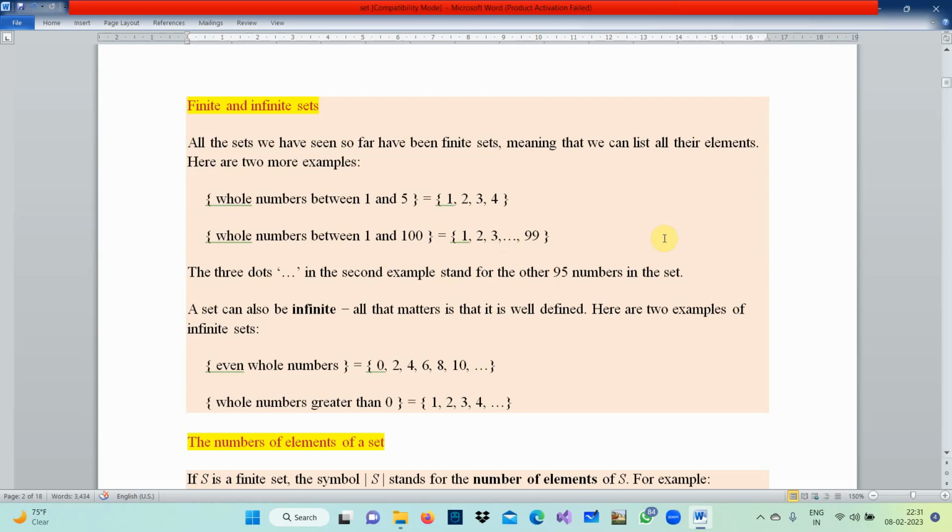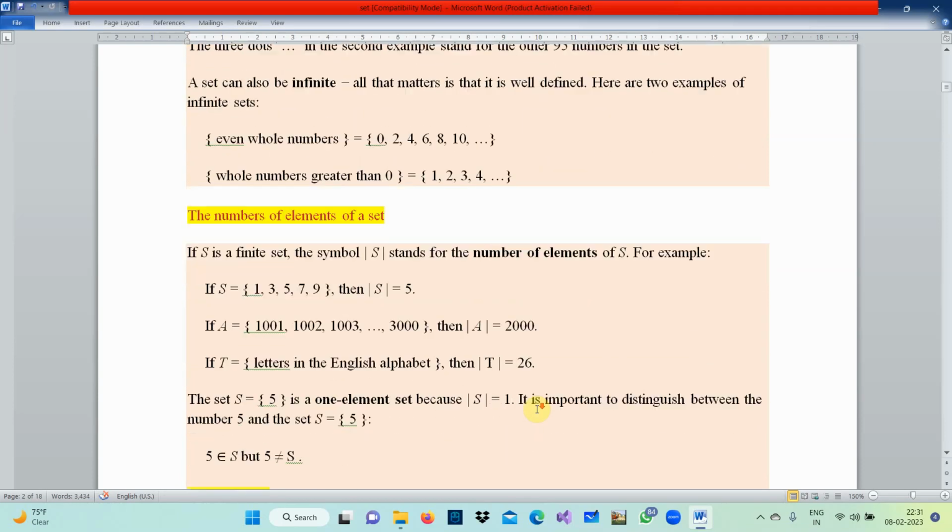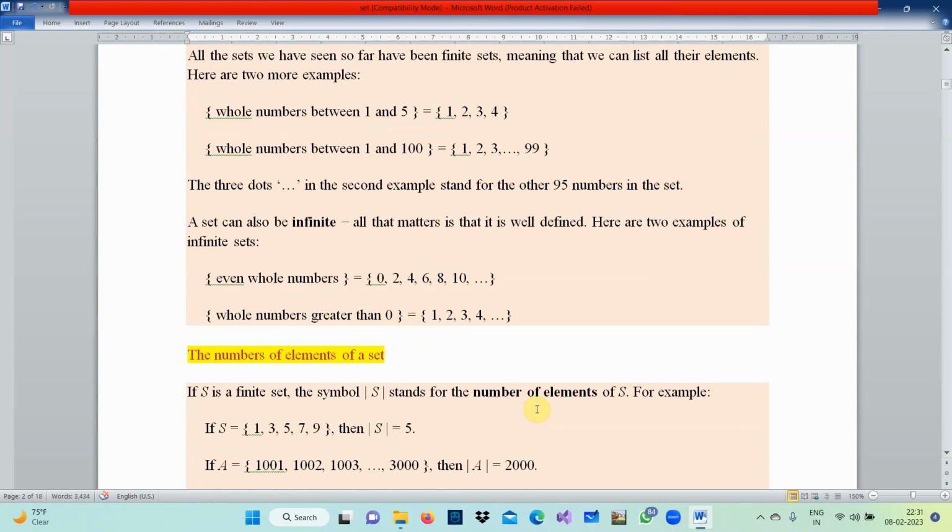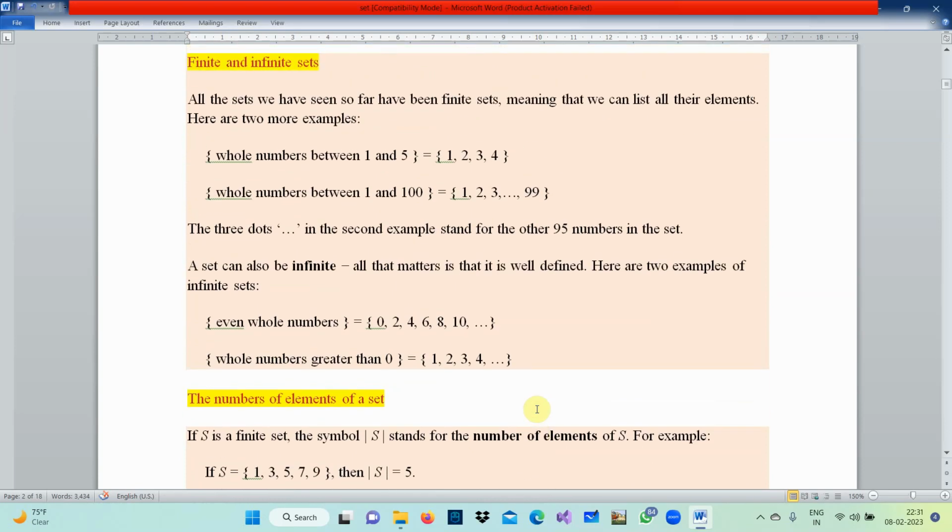Then how to write that one? Say the set of even whole numbers. That is, it should be a whole number and it should be even. Then I am writing in braces 0, 2, 4, 6, 8, 10, comma, and after that I am writing 3 dots. 3 dots means it is continuing. It is never ending. Similarly for whole numbers greater than 0, 1, 2, 3, 4 elements are taken, then comma, dot dot dot, and all of it inside the curly braces. Is it clear? Now we have some idea what a finite set and an infinite set are, and examples of finite and infinite sets.